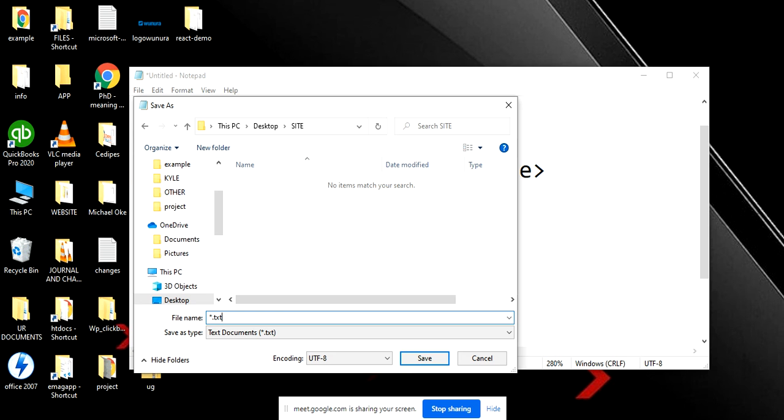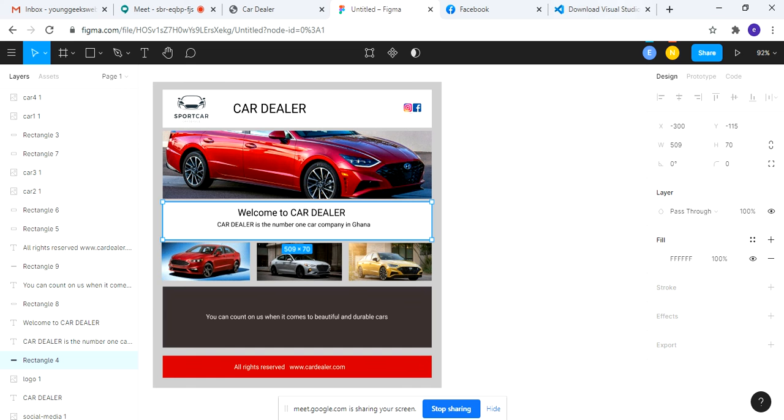Always bear in mind that your home page or your first file, which is your first page or your home page, for instance, when you type Google,